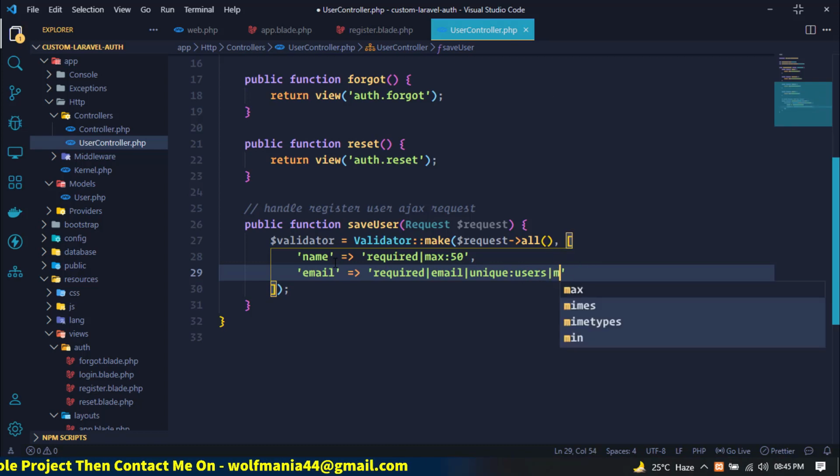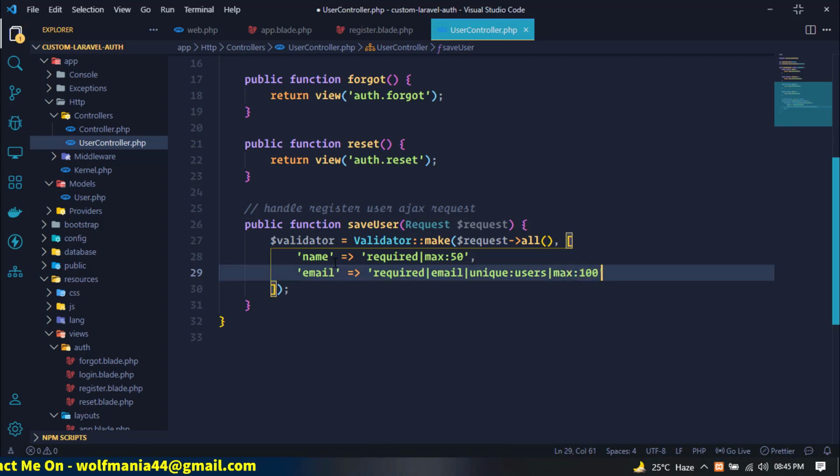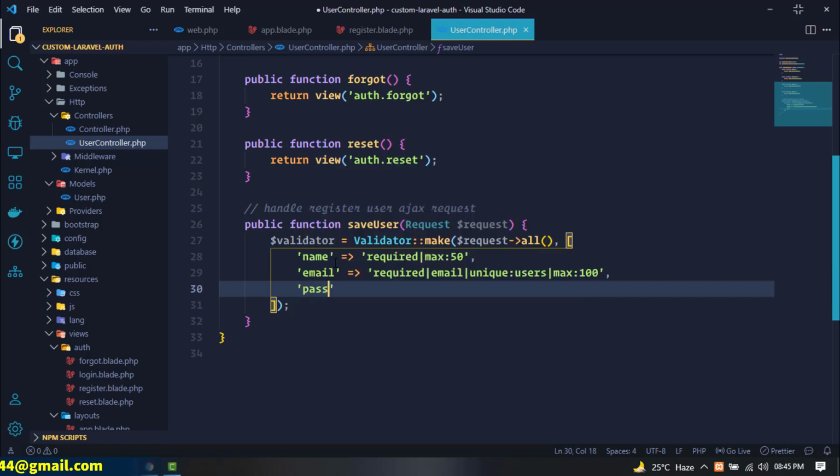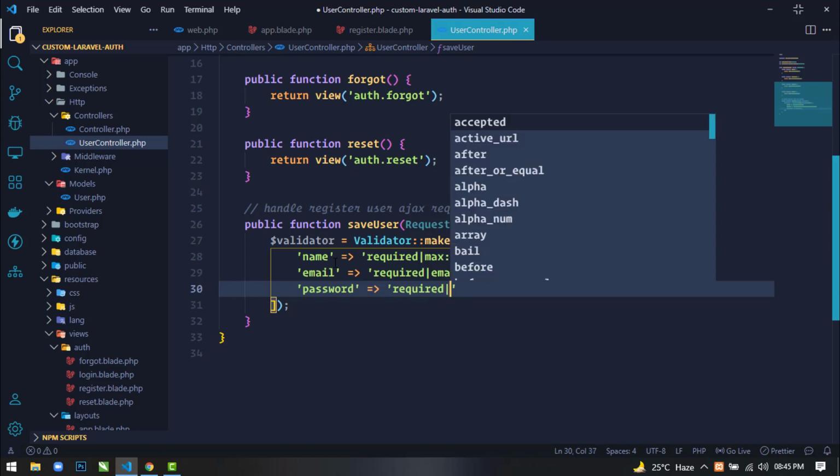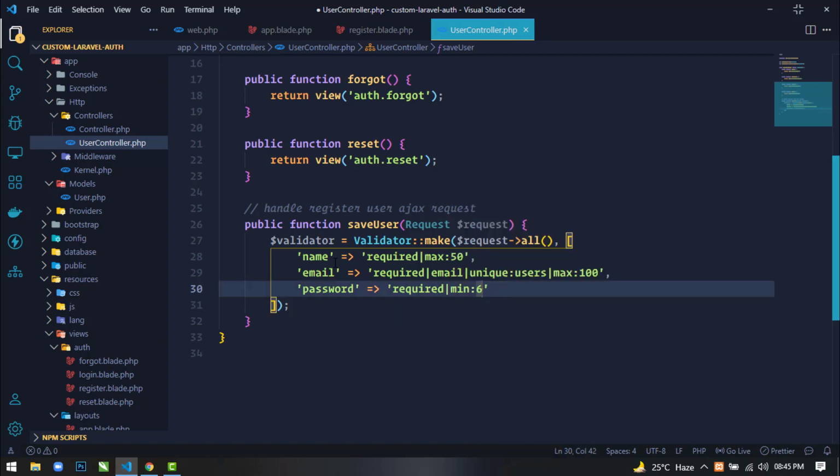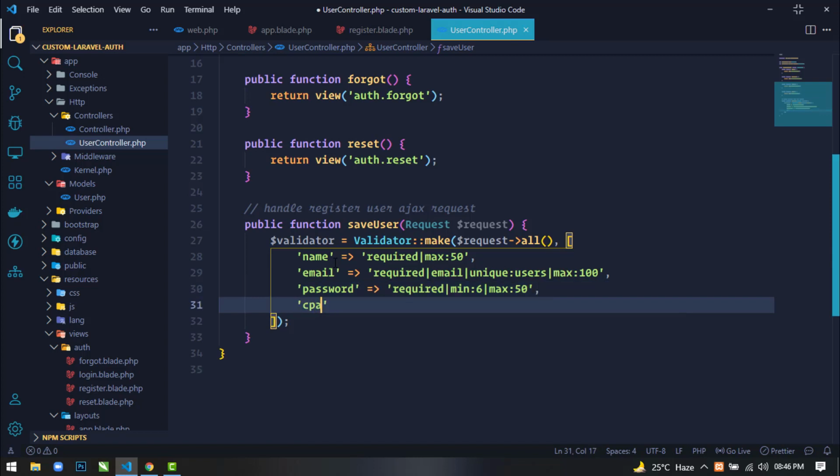Okay, max 100, then password. Okay, in password I will use required, minimum of 6 characters, and maximum of 50 characters. Okay, c_password, just write required, minimum of 6 characters, and I will also use same as password.